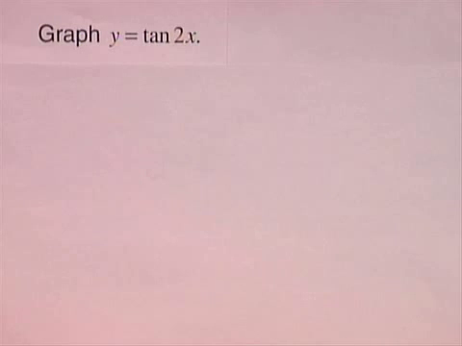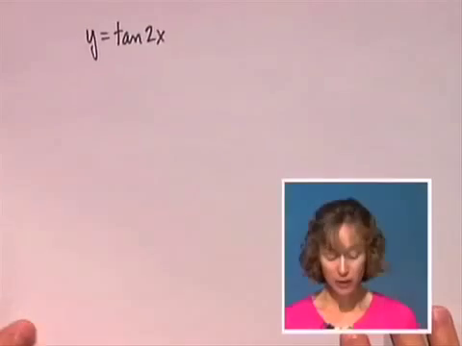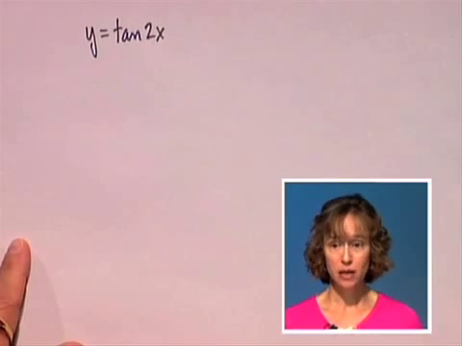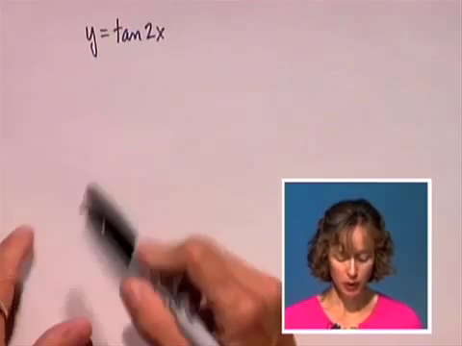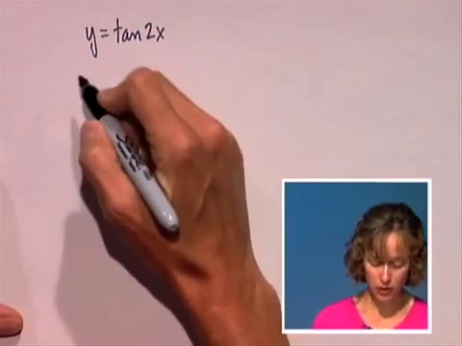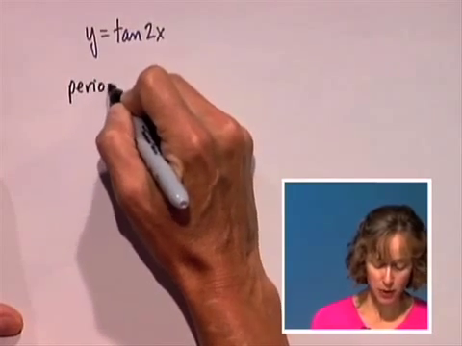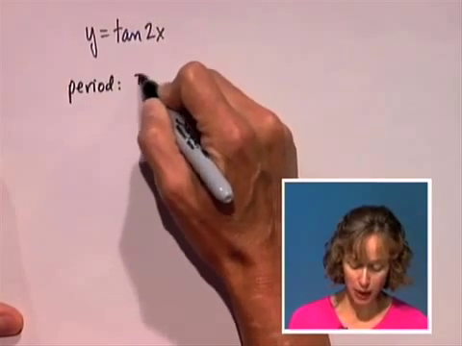Let's graph a tangent function. We want to graph y equals tan 2x. One thing to note about the tangent function right away is that the period, if the coefficient of x is 1, is pi. The period of this particular tangent function then, to calculate its period, is found by taking pi